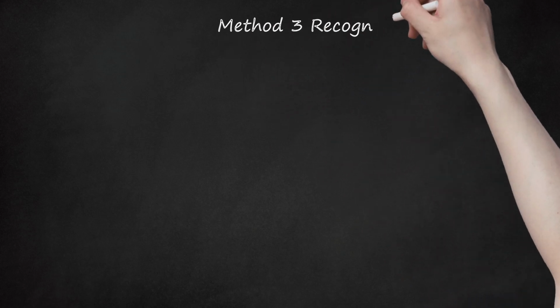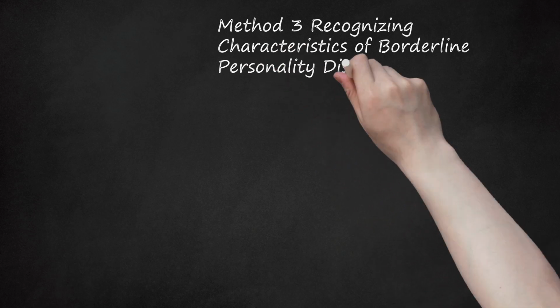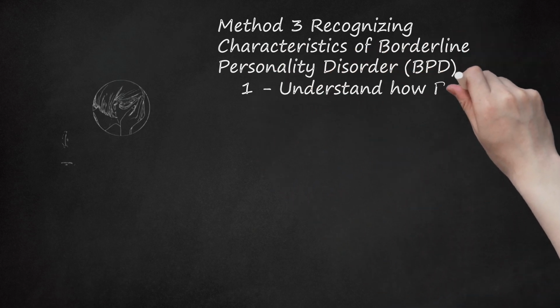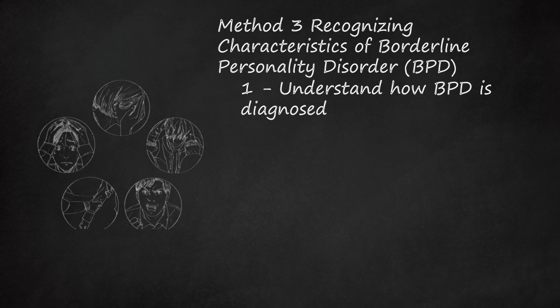Method 3: Recognizing characteristics of borderline personality disorder, BPD. 1. Understand how BPD is diagnosed. A trained mental health professional will use the criteria in the DSM-5 to diagnose borderline personality disorder. The DSM-5 stipulates that to receive a diagnosis of BPD, a person must have 5 or more of the following: